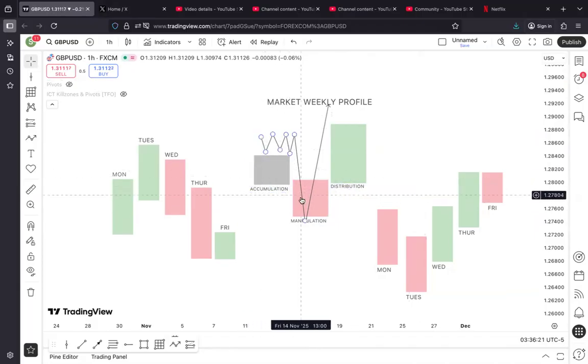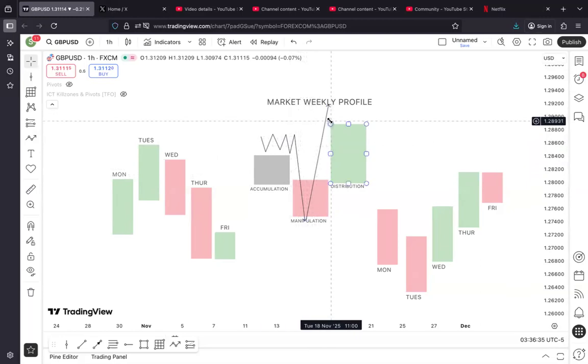Remember: accumulation, manipulation, and distribution. You only want to engage the market when it has fully manipulated, and you wait for a change in order flow, a change in state of delivery, or just ensure that you are aligned with the market's PD array, and you have of course identified your draw on liquidity to the upside. Like I always point out, every concept has to be treated in context with the market's narrative. You don't want to take this concept in isolation and throw away the idea of what the higher time frame narrative is telling you at this point in time. Very essential.